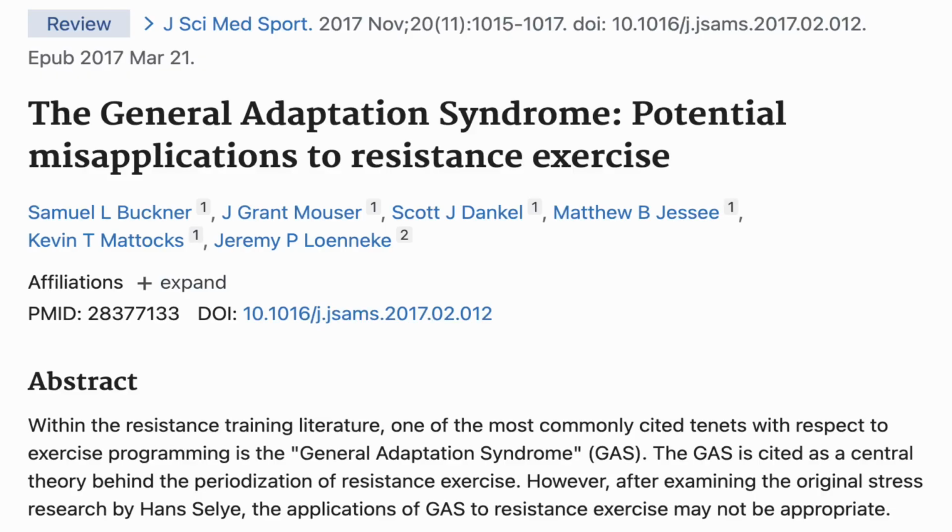Now, there have been some researchers that critique the use of the GAS theory, particularly in how it relates to resistance training or exercise. Based on those researchers' interpretation of the original literature, they state that because the original literature on the GAS theory was created talking about how toxic doses of stressing agents can cause our body to adapt or not adapt, then it has no relevance to the training process. However, GAS provides us with a model for understanding the relationship between stress, fatigue, and adaptation. It allows us to conceptualize how stressors of all forms impact our training.